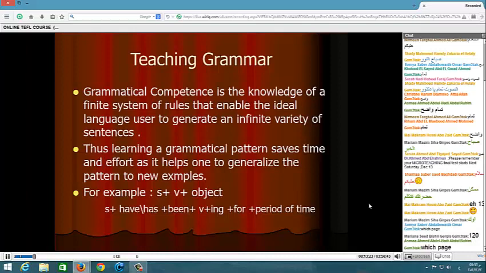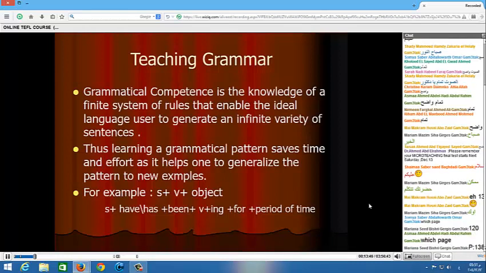And the last aspect of vocabulary teaching is the usage. How to use and when to use and where to use the vocabulary, the appropriate use of the vocabulary. This is very important again. It's not just enough for us to tell the way the words are pronounced or the way the words are spelled or the way words mean to our students. Much more important than that is to show them how to use the word in an appropriate way. That's right. Yes, Marianne.